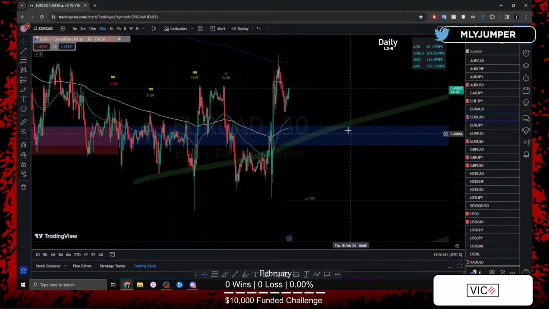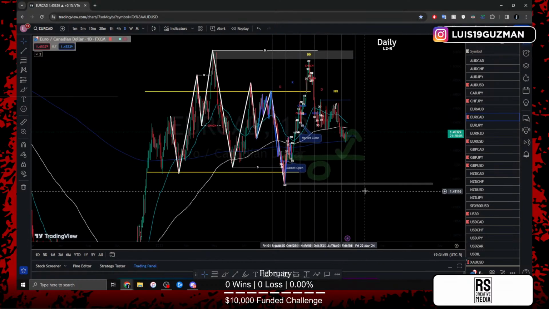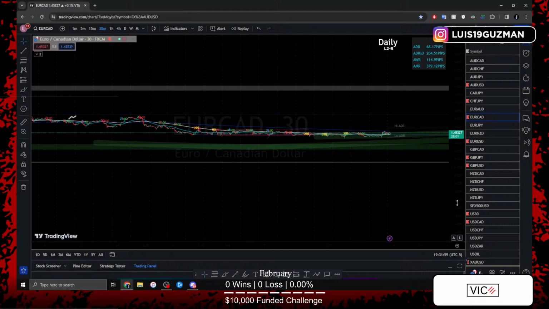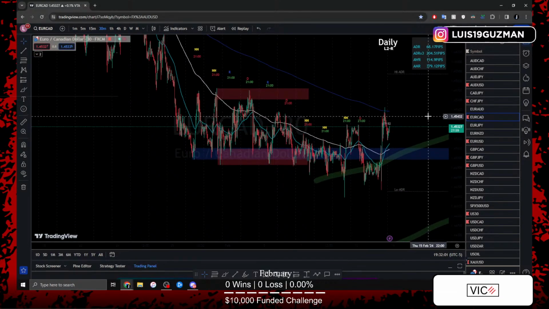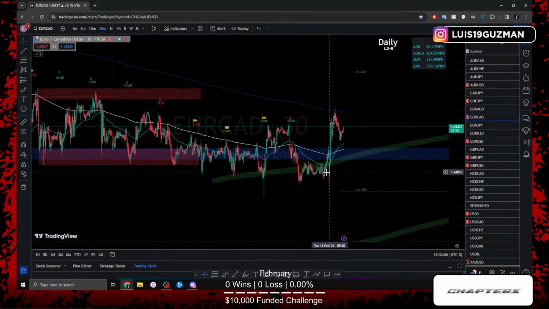On to the next one. EURCAD is another one. We're looking for price to go up on the daily time frame. We're still in the middle of consolidation, so I'm not going to be messing around too much with EURCAD. As we can see, we're at the bottom of consolidation and price swept the lows,